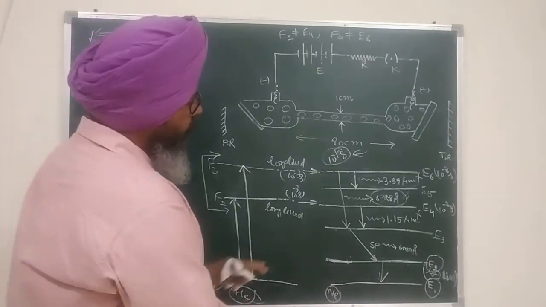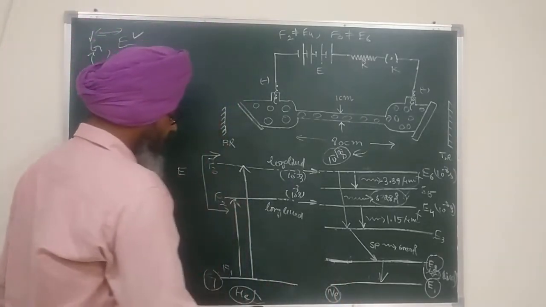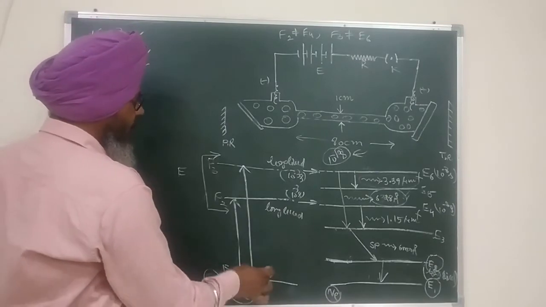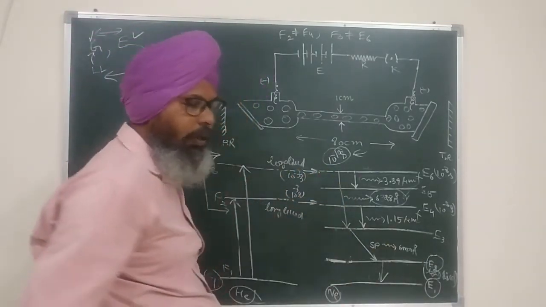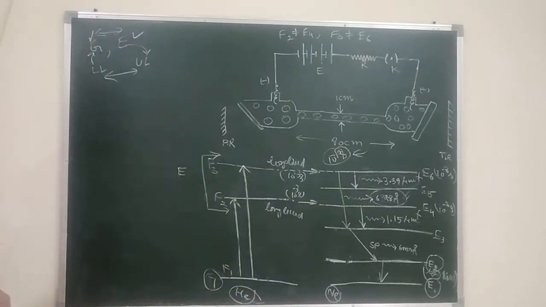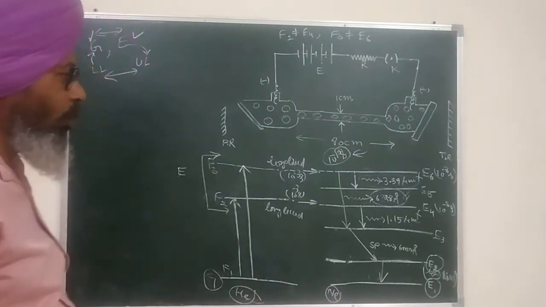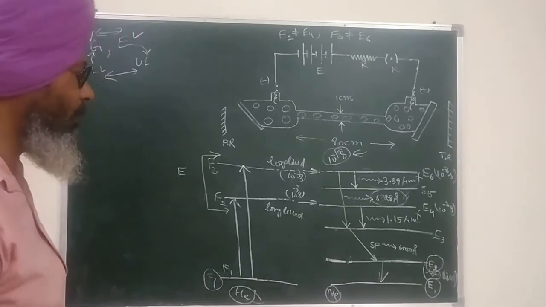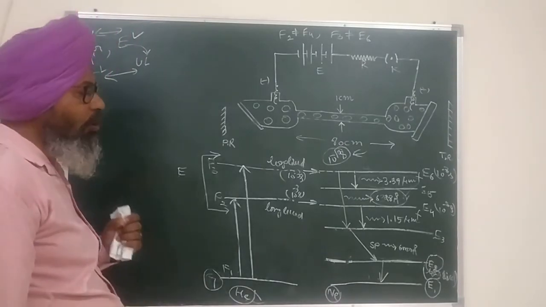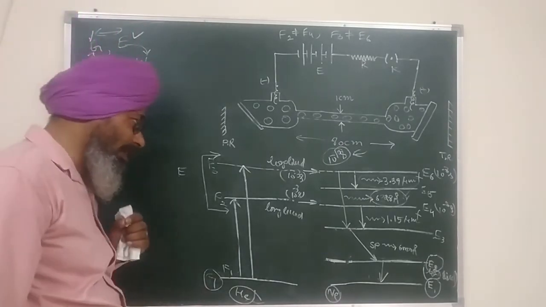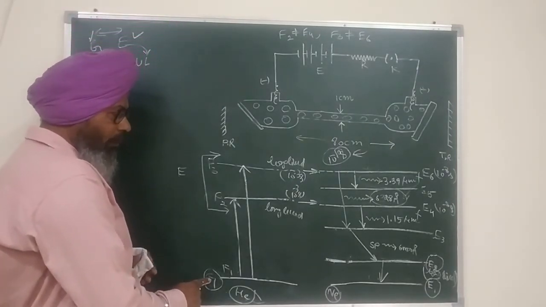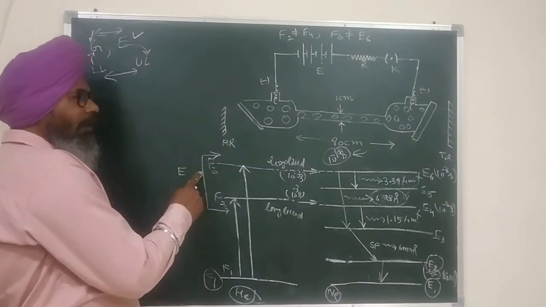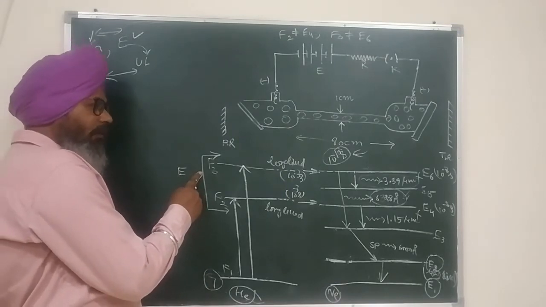Now out of these, please do not count these. If you start counting, you can say this is 1, 2, 3, 4, 5, 6, 7, 8, 9, and you can just by mistake say that it is a 9 level laser, which is not the case. No laser is more than a 4 level laser. So count just the roles that are played by the various levels. This is the G level, where all molecules were before receiving energy. This is the E level, where all molecules are after receiving energy.